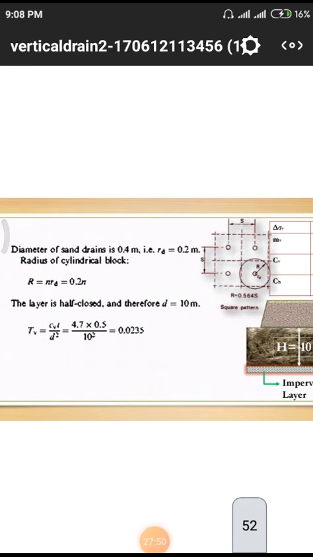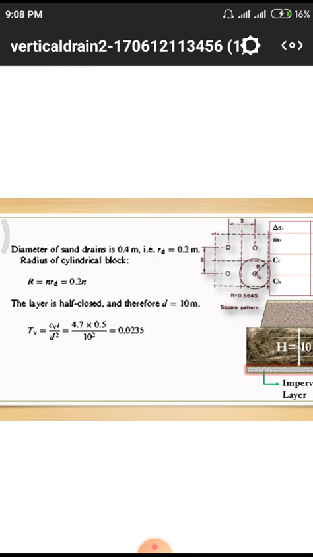Normally we need to find the gaps in the form of these square patterns. Gap means simply the spacing from hole to hole in the form of square patterns, so we have drawn a square pattern by using this spacing as the representation of S symbol. Delta S, M, CV and all those are given in the problem.